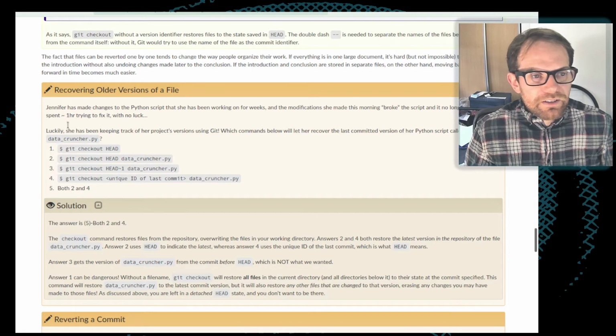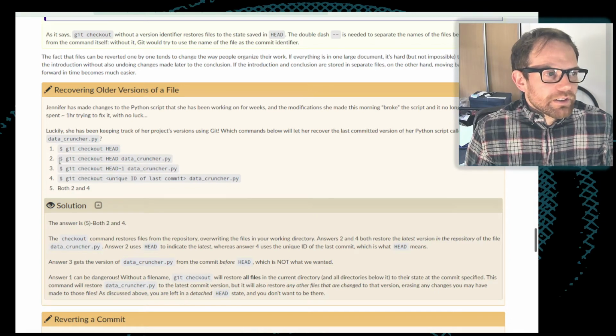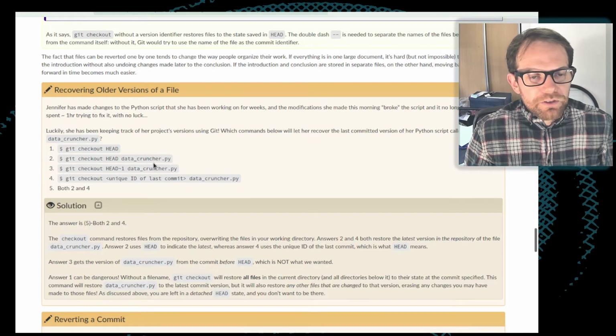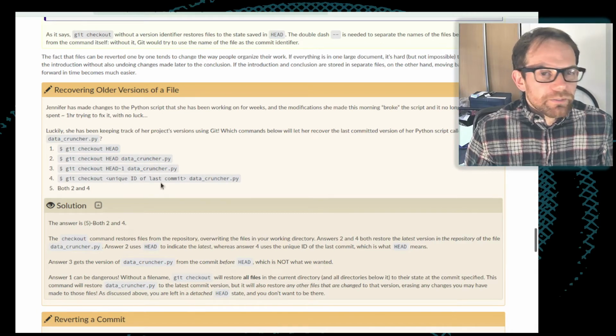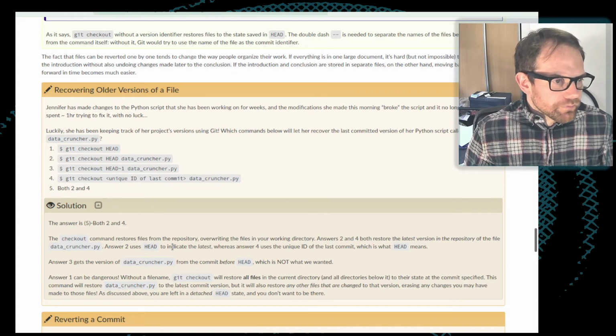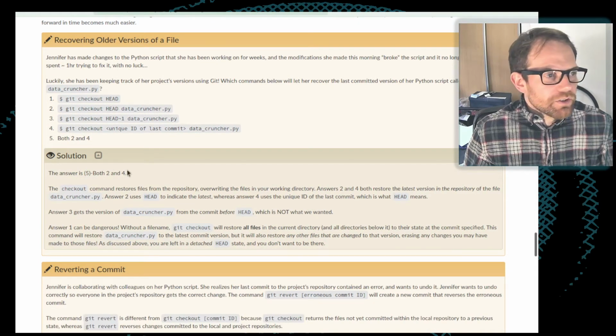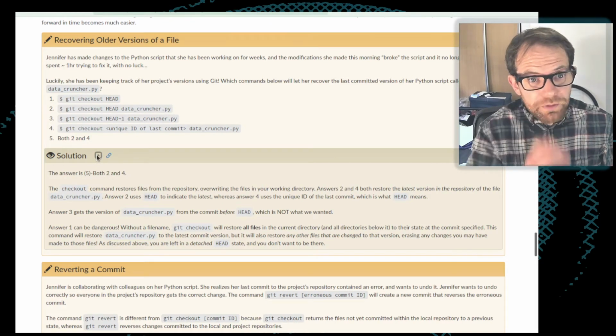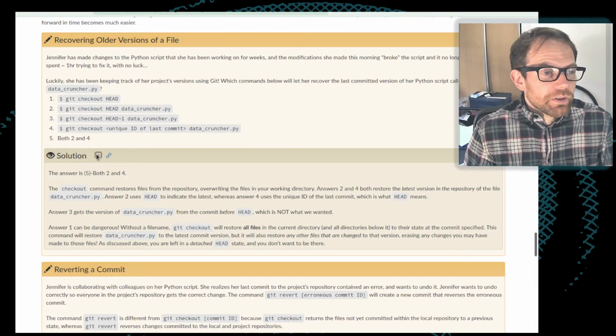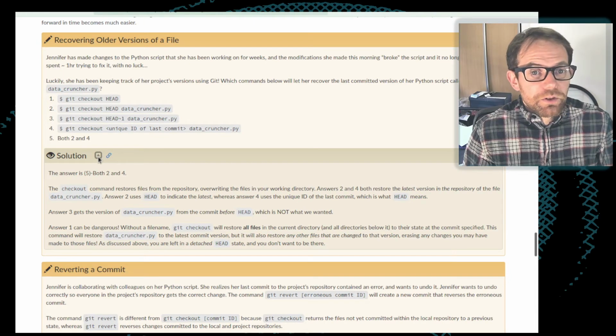In fact, that is effectively what git checkout head datacruncher.py is doing, but head is an alias for that unique ID. So both 2 and 4 will work, and she will get just datacruncher.py replaced with the previous version of just that script.